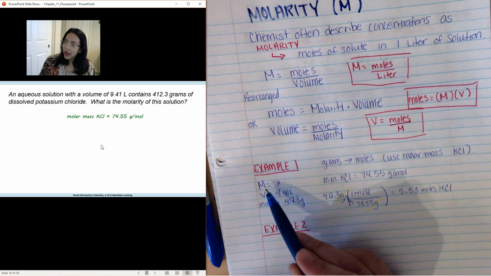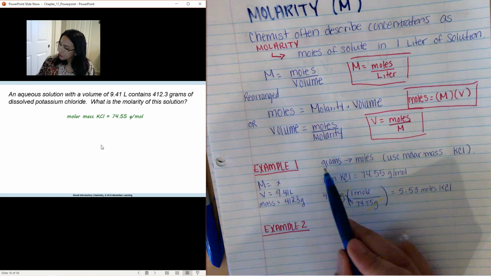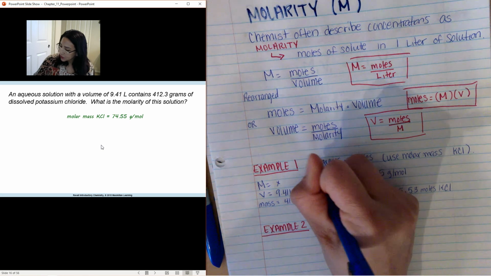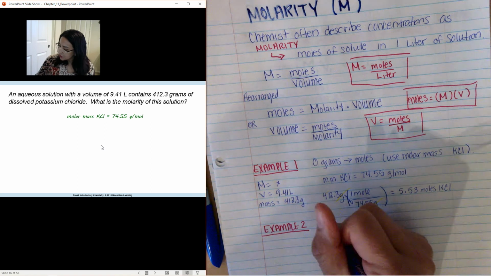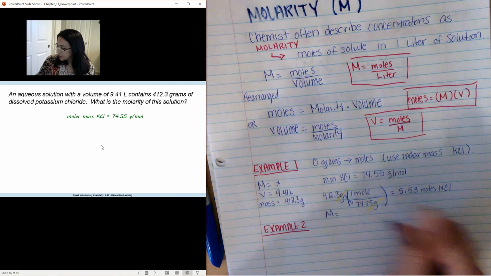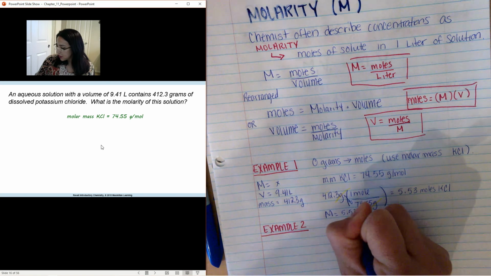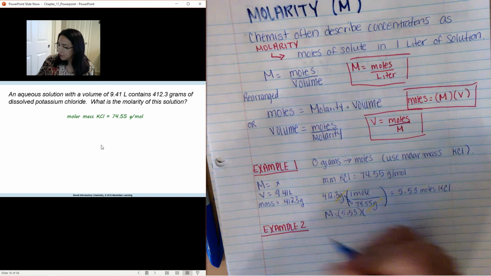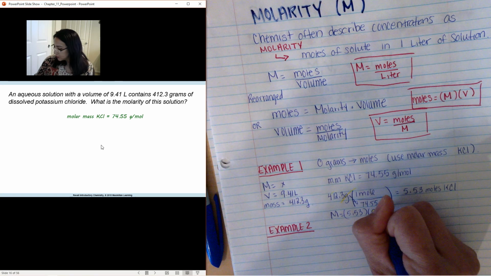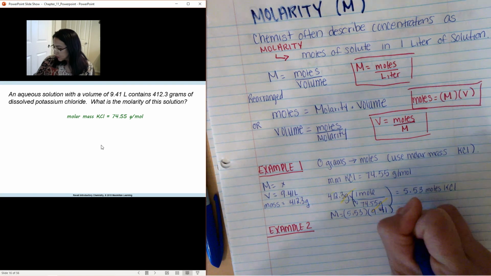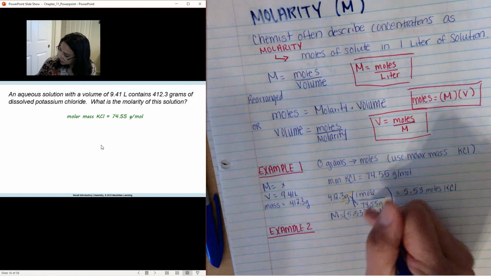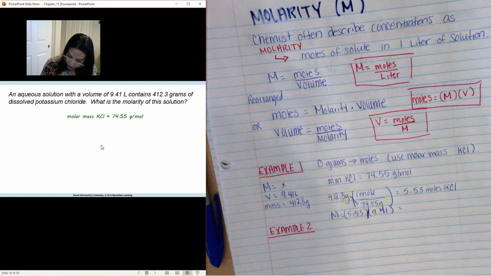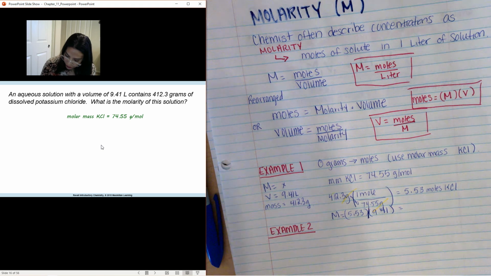So now we're going to go ahead and plug it into our equation. So the first step was find molar mass, which we just did. And now we're going to plug it in. So leave some space here. Molarity is equal to 5.53 divided by the volume of 9.41. I'm going to take that number and divide it by 9.41, and that gives me